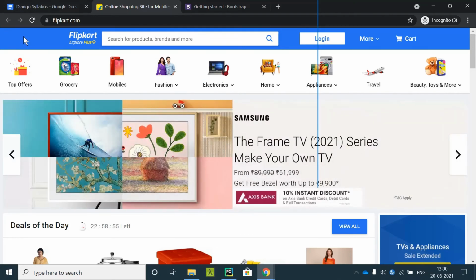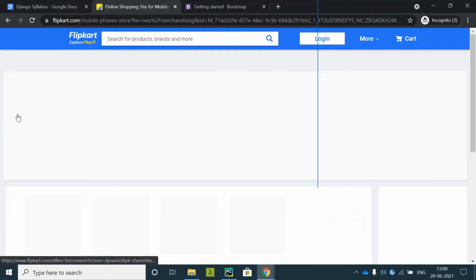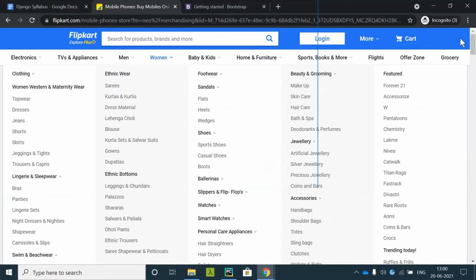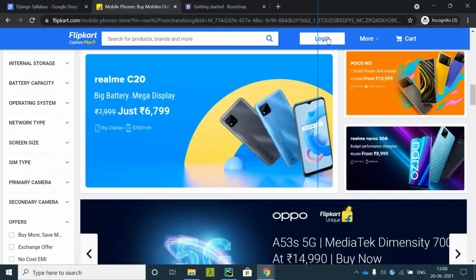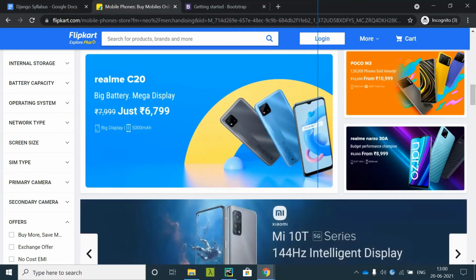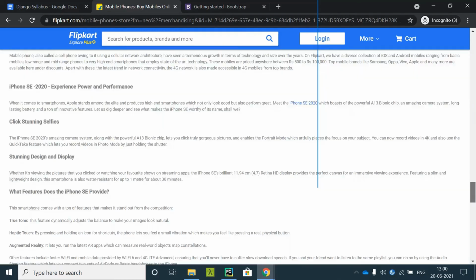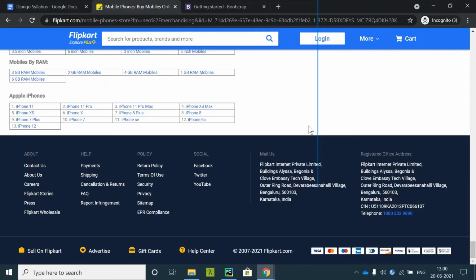Wherever you go in the mobile section, this row remains constant. This is called your header part. On any site, the header part remains constant and only the content part changes. If you go to the extreme bottom, you can see the footer.